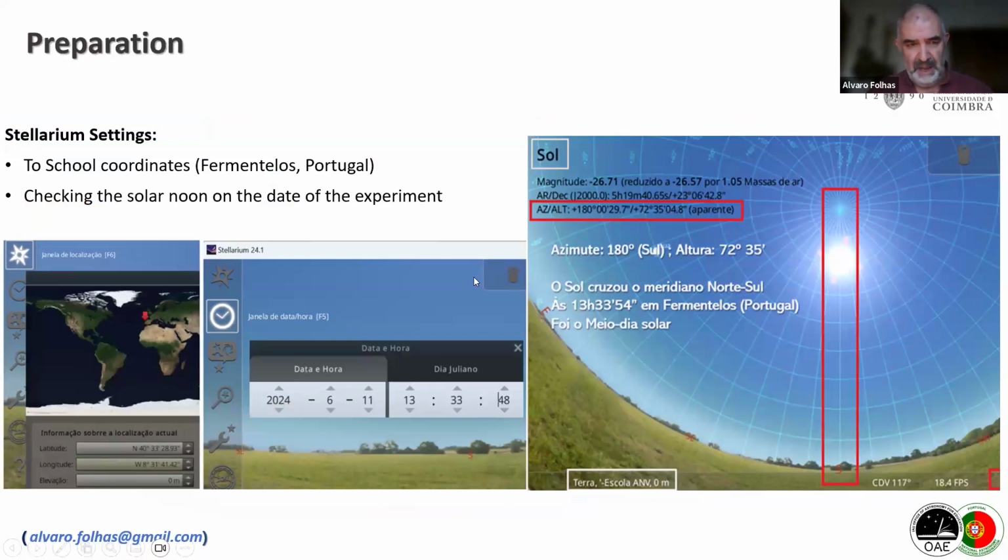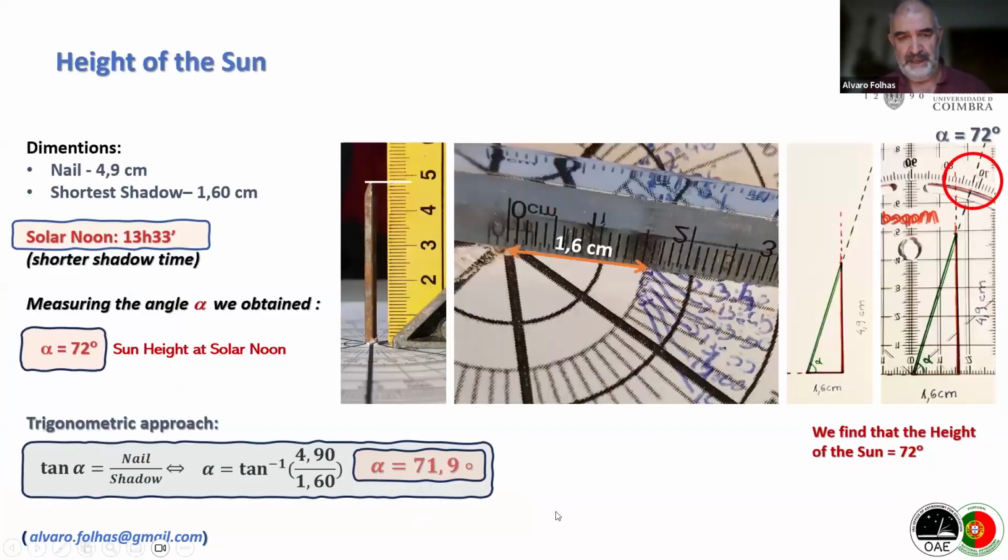As a very good starting point, we use Stellarium to find when solar noon occurs in our position and verify that at that moment the sun is precisely in the highest position in the sky, crossing the 180 azimuth meridian. The height of the sun at solar noon should be noted by the students. They must use that information to see, after the experimental approach, whether it is very different or not from the values they find. So